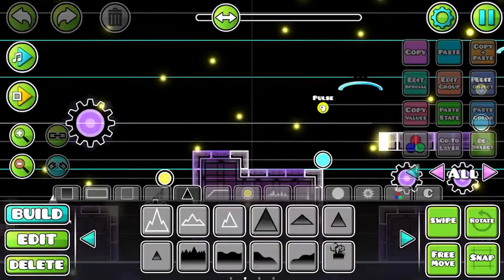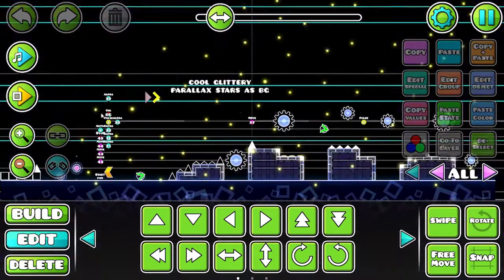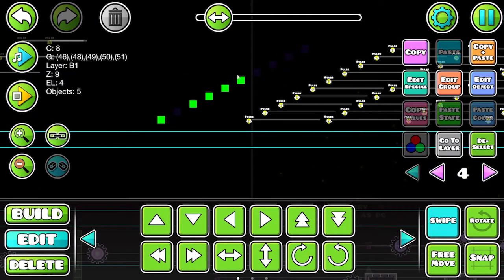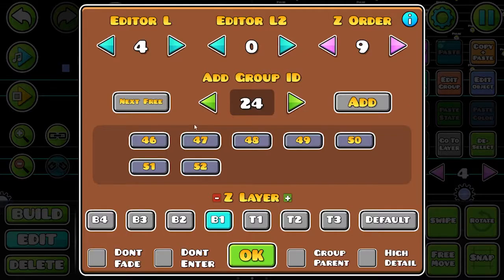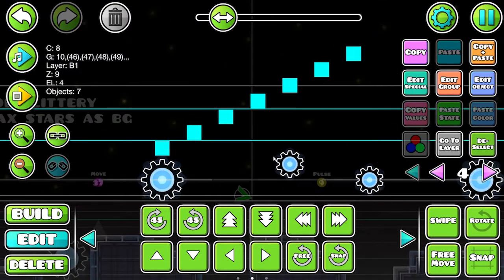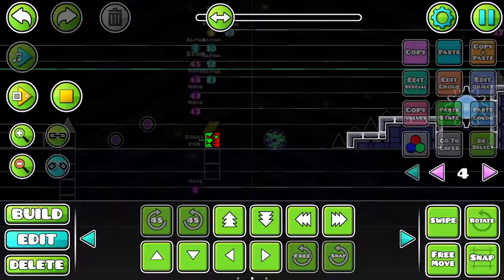Also, just had a gangster idea on how to link some of these saws. Peep this. I'll use these. Dude, I was high-key looking for a reason to use these. So I'm hyped. Put these on group 10 to make them half opacity. All of a sudden, we're looking at a sick design. This is a certified hood classic. Just looks